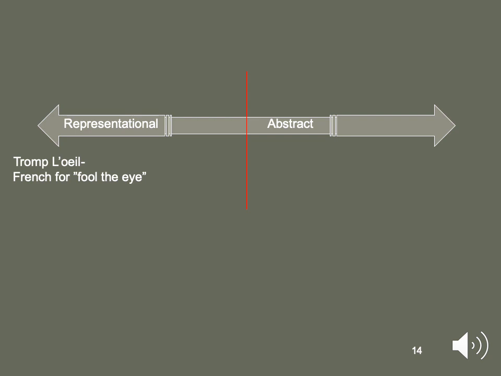So here is an updated version of that chart that we looked at earlier. On one end, on the left-hand side, you can see that we have representational. If it's highly representational, it's going to be trompe-l'oeil, which means fool the eye. And then on the other side of the spectrum, we have abstraction. And stylization is going to fall somewhere in the middle. It's going to tend to be abstract because of the way that the artists are simplifying or exaggerating, but it's still slightly representational.